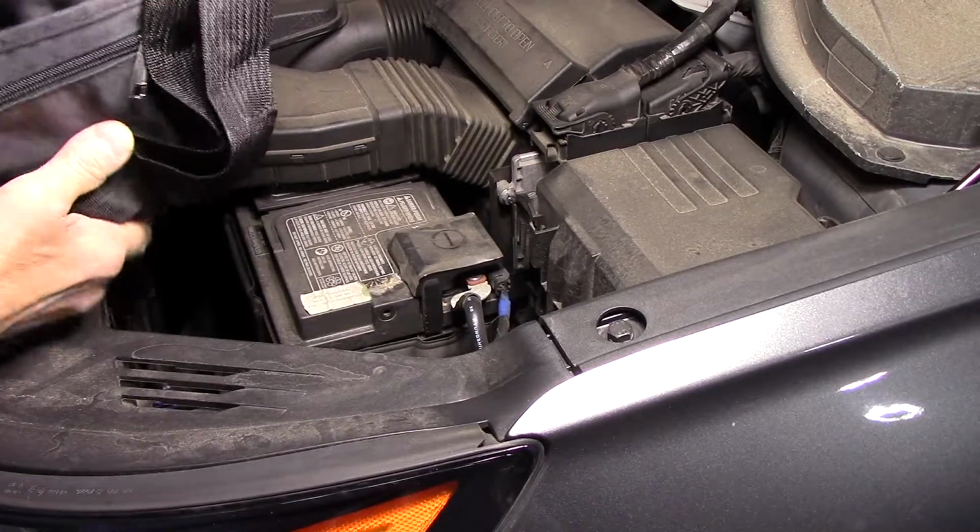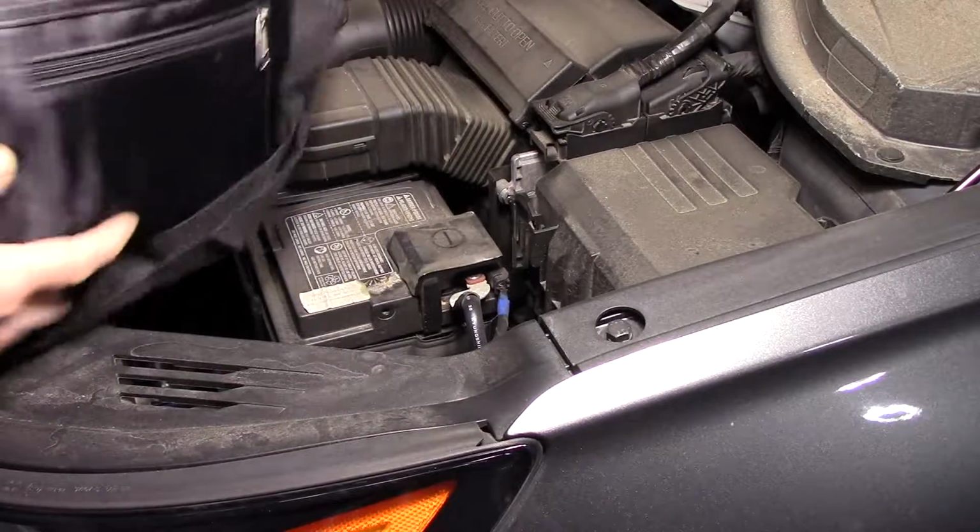All right, so let me open it up and show you what it looks like, and then we're going to connect it up first to the vehicle and show you how to start it. And the next thing we're going to do is inflate the tire. All right, so let's get in there. I'm going to show you what it looks like. Okay, so before I show you how to connect it up, let's open it up and see what you get